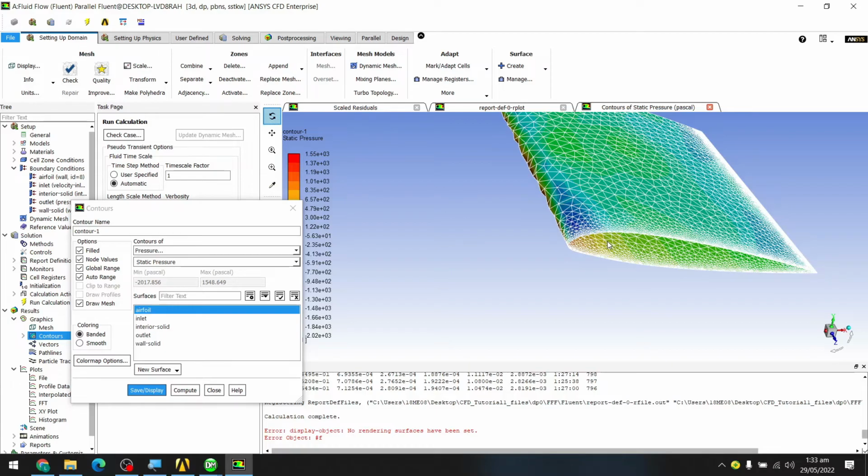As you can see, there is some red portion over here which represents our lift force being created. Pressure has been created over here. Now, there is some wake region created over here. We can see the velocity profile by going to vectors and creating a vector plot with a scale of 100,